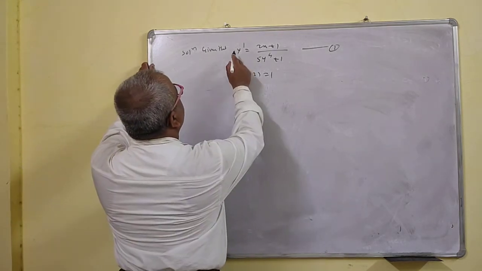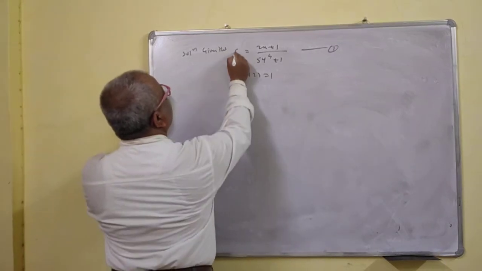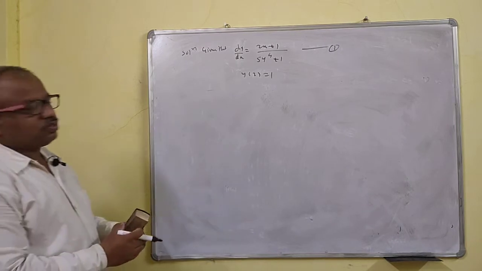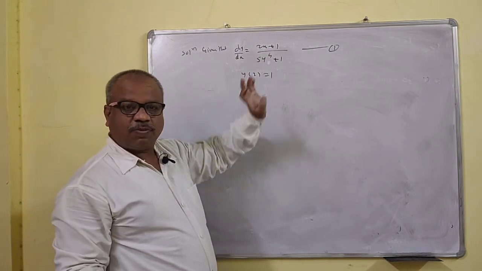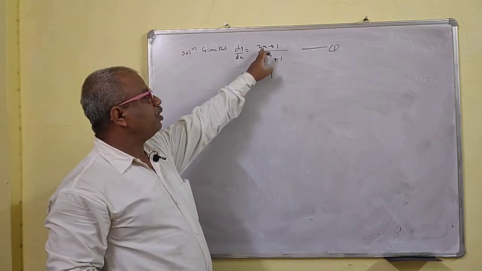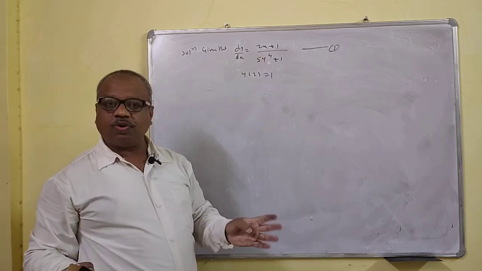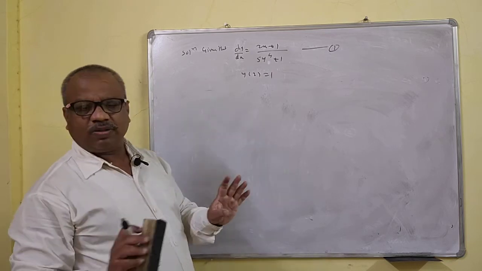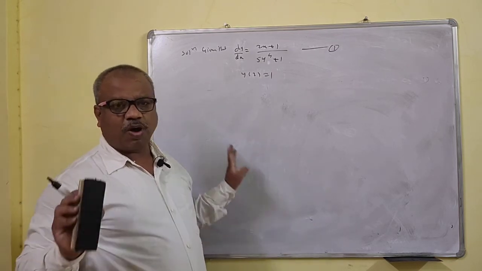Okay, now this is dy by dx. Instead of y prime we can write dy by dx. We can see by observation that this is a function of x and this is a function of y. That means this is the product of a function of x and a function of y. So this is the variable separable form. Y to the power 4 is there, that means this is not a linear differential equation. So if it is not a linear differential equation, the other method is what? Variable separable form. Only these two forms are there.